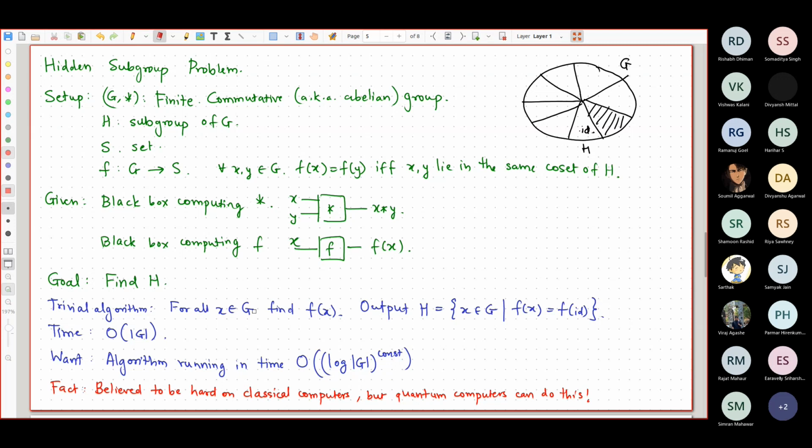Yeah, Divyanshu? The running time which we are expecting, won't it be at least order of mod H, the size of H? Good question. Actually, no. When we say find H, what we actually expect is that it is sufficient to find a set of generators of H, although we did not define that. So more precisely, we want to find